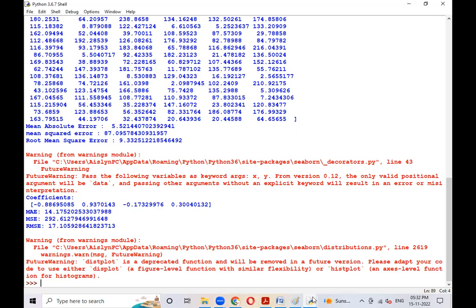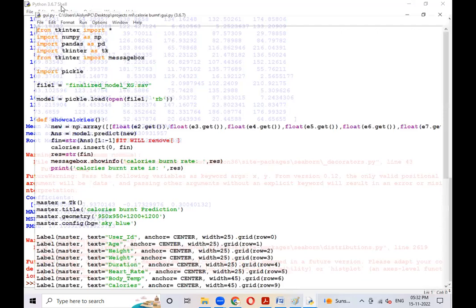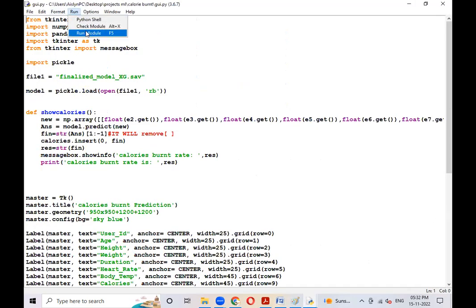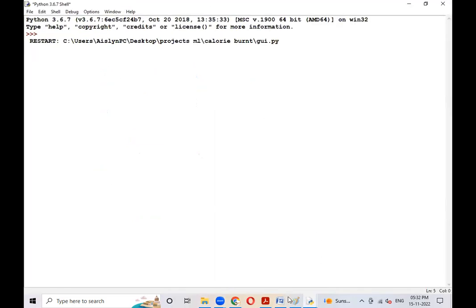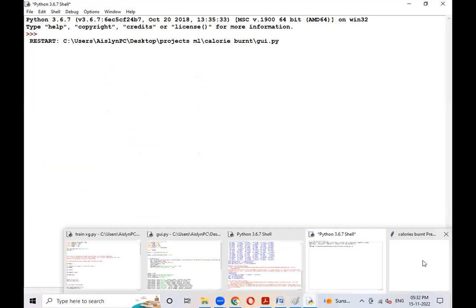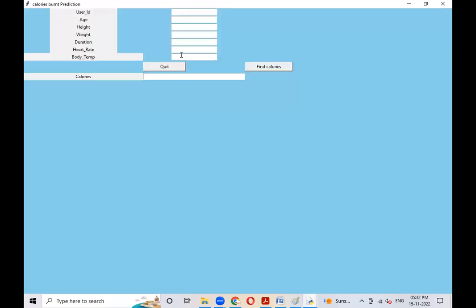XGBoost. So now we will go for the testing code. Just run your testing module. This is the model you have. Just give the ID,